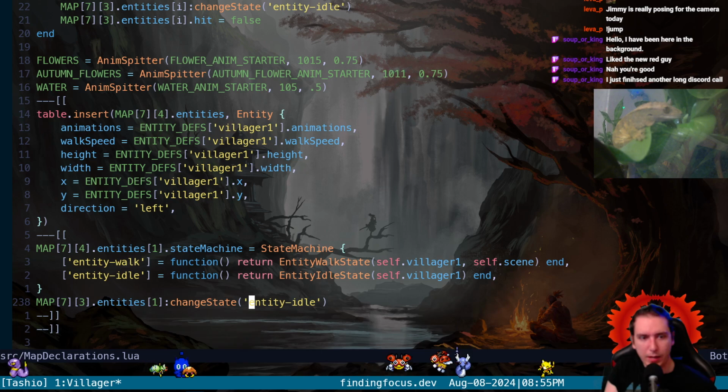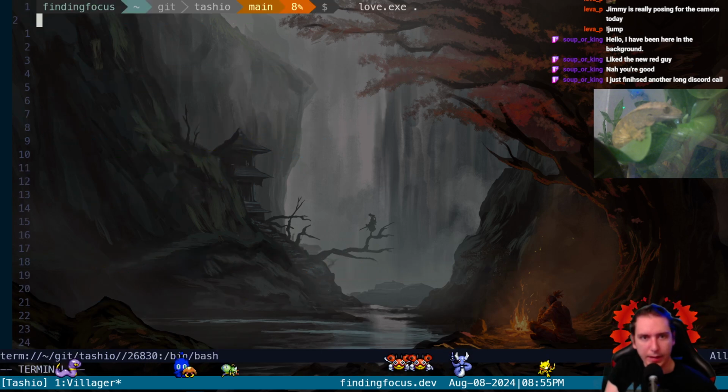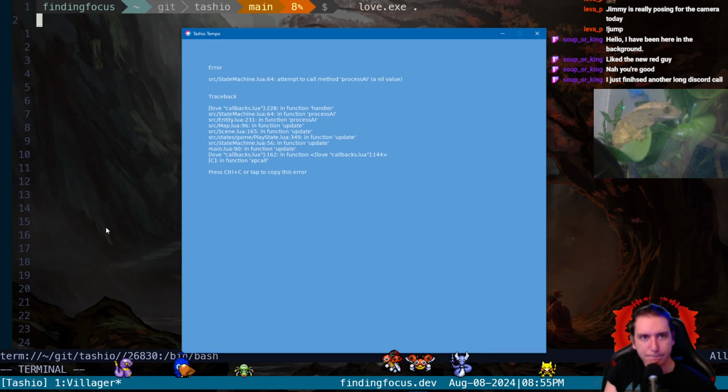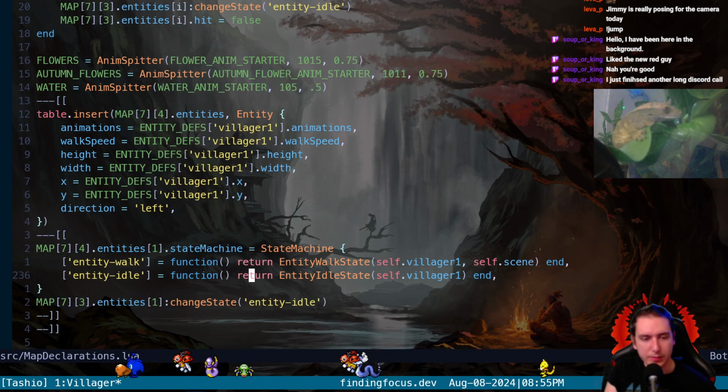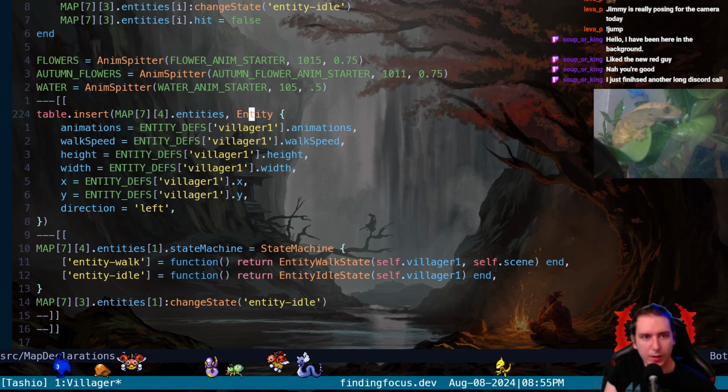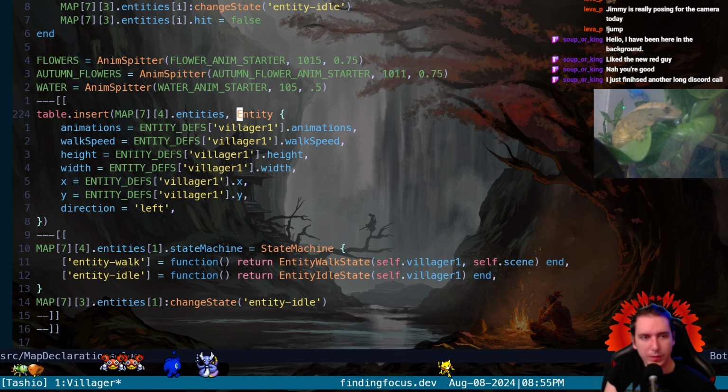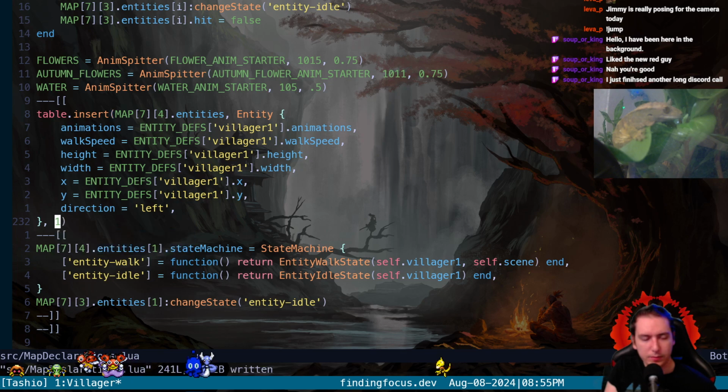Process AI. Why is it failing on the process AI? State machine. It's attempting to call process AI, which doesn't exist. So where are we messing this up? Where can't we do table.insert? Can we insert it into the last position by giving it this one? Or